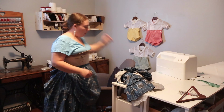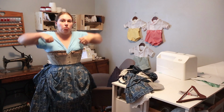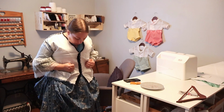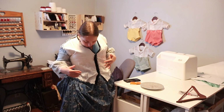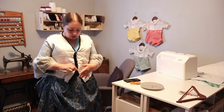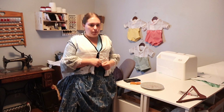That's helpful. Alright, because this bodice technically fit and I can move in it, I did not take the whole thing apart. I just took the darts out. Alright, if I'm going to add anything, I should probably go ahead and add that before I do a fitting. That is good to know the skirt fits. And what I think I'm going to do, this has a little bit of extra fabric. I could fold it over if I wanted to. I have extra black